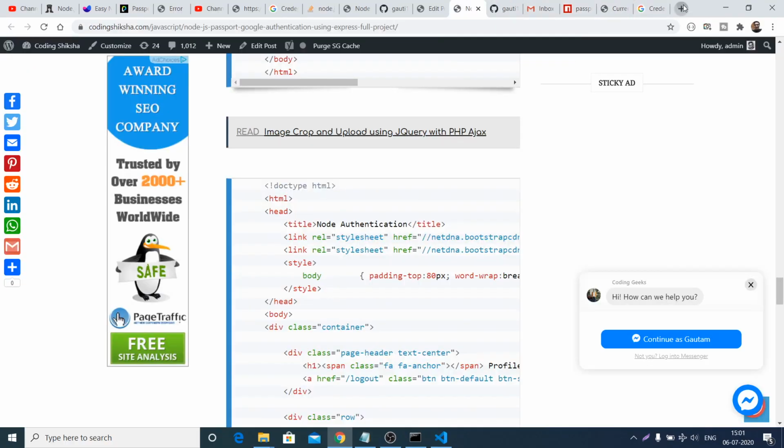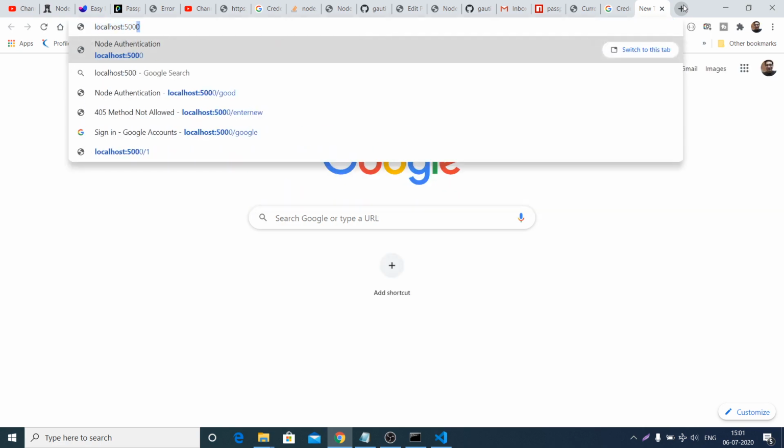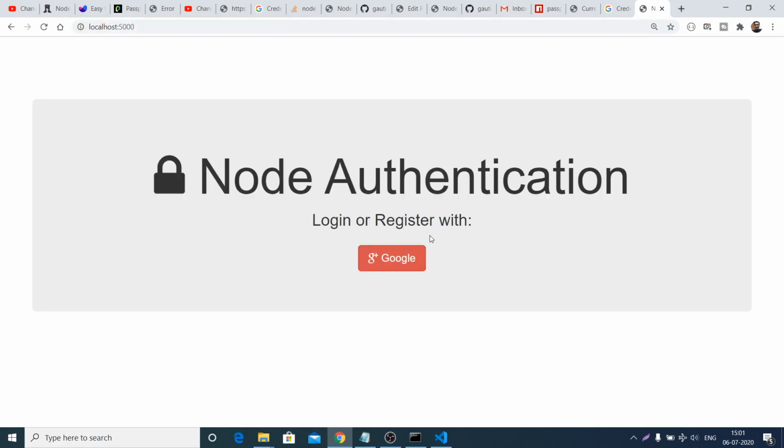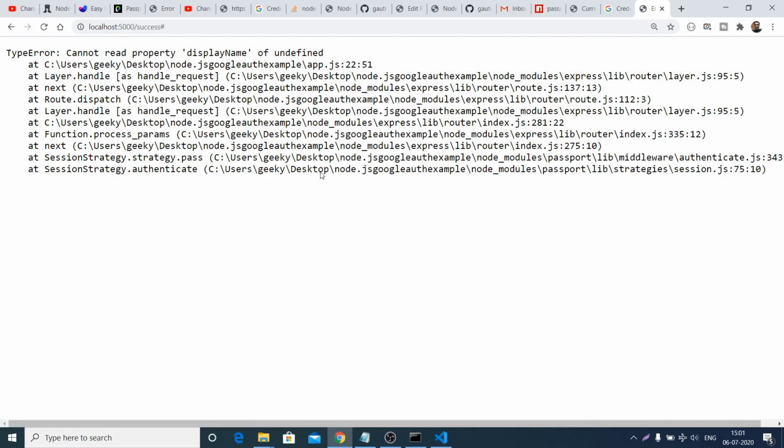So if I go back to the application once again, go to localhost 5000, click this login, select this account. It is saying to us that it cannot read the property displayName.